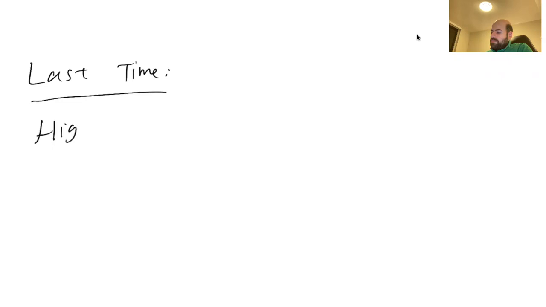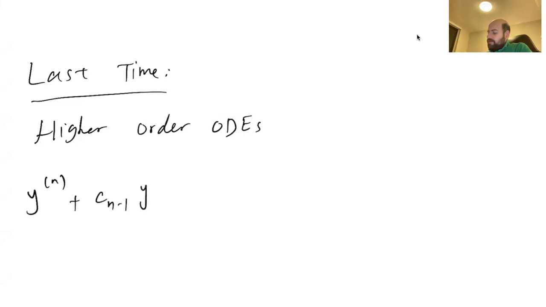Hello, everyone. So last time we were looking at the solutions of higher order ODEs, and we saw the steps to solve or find the general solution of an equation of the type y nth derivative plus c_{n-1} y^{(n-1)} all the way to c1 y prime plus c0 y equals 0. And we saw the steps were